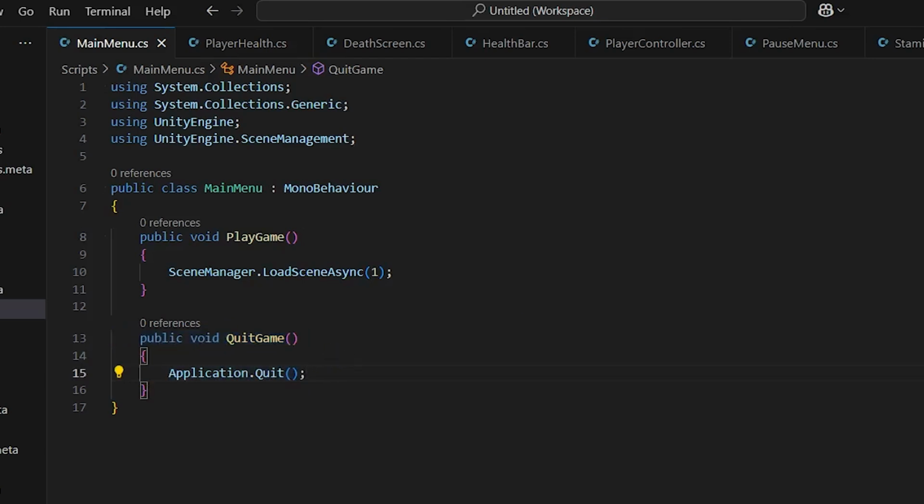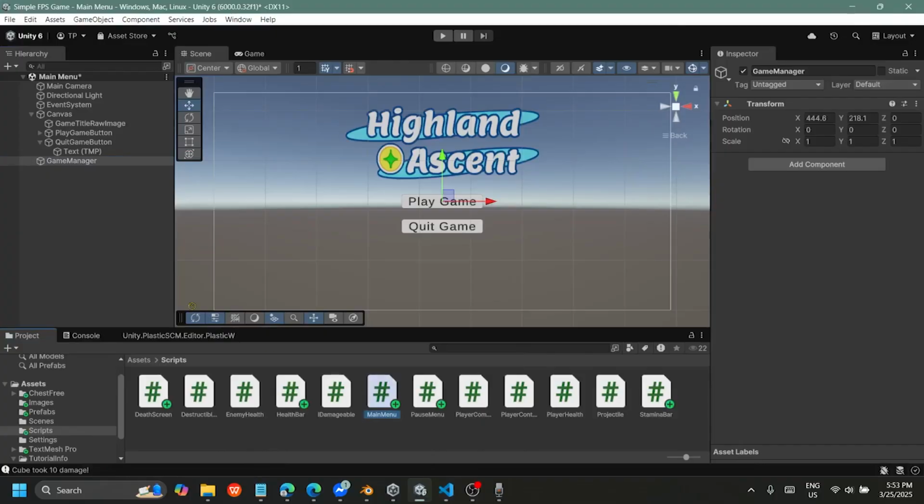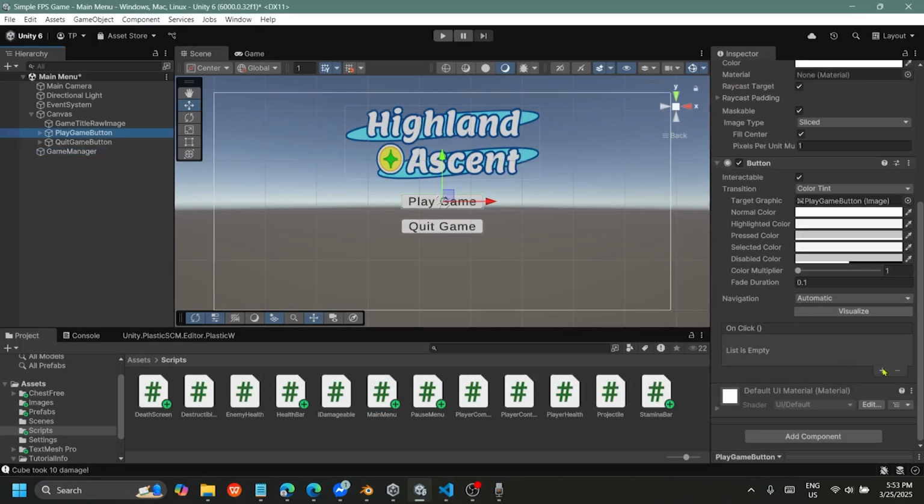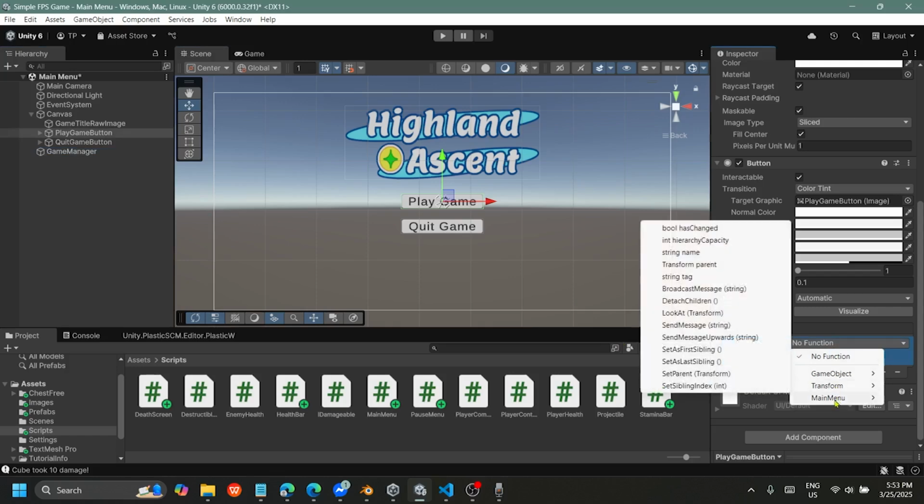Let's head back to Unity, where we'll be creating an empty game object called Game Manager. Now, let's drag the main menu script to the Game Manager object. Once done, head over to the Play Game button and under the button component, go to the OnClick function and click the plus sign. Let's drag the Game Manager object to here and click on the No Function to add